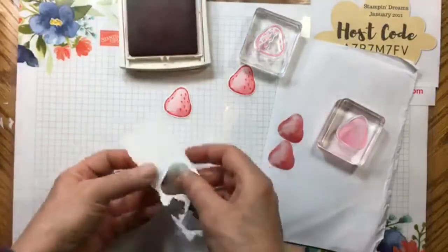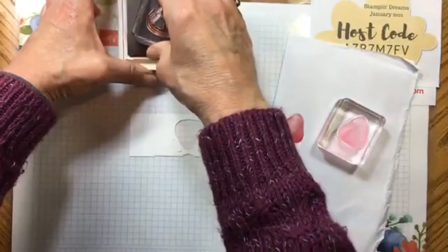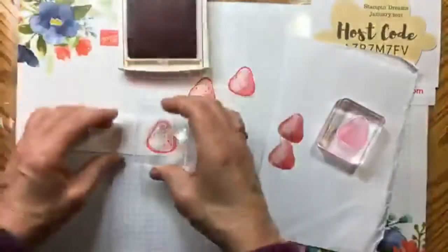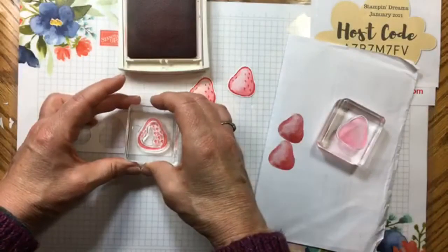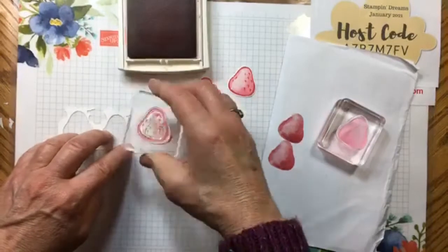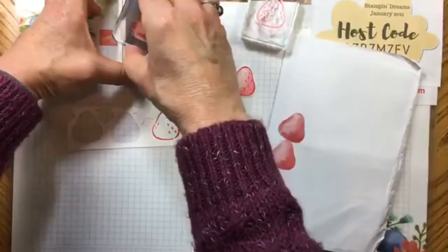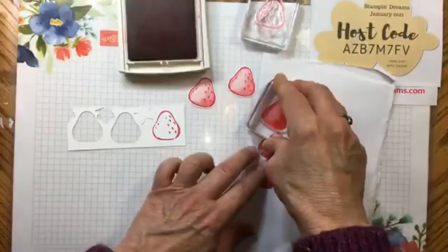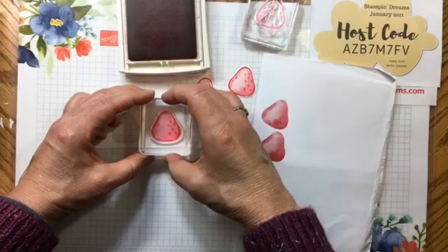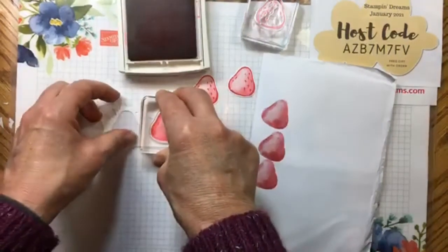Let's see, I think I can get it this direction. Like that. Or maybe I can, yeah, I can get it in this direction too. Like that. Hold it. So that's full ink. And then with our filler, we're going to pounce off once and fill in our berry. So that's a second rendition of stamping,